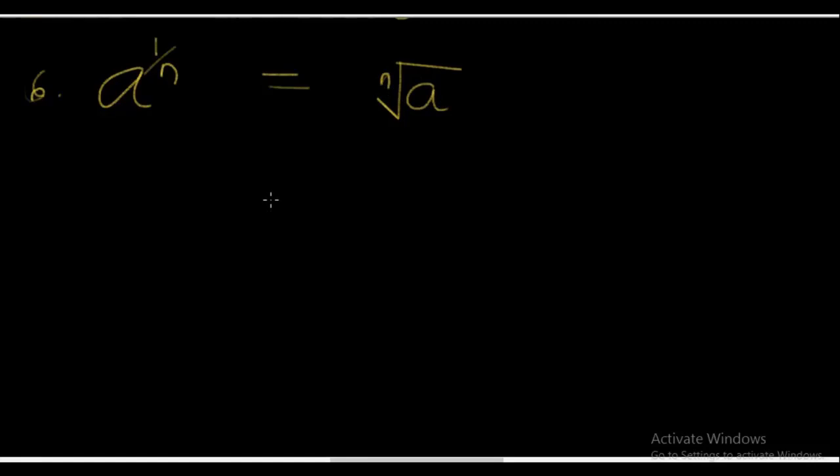A raised to the power 1 over n is the nth root of a. Okay, that is rule number 6. Now rule number 7. Rule number 7 says that a raised to the power m over n is equal to